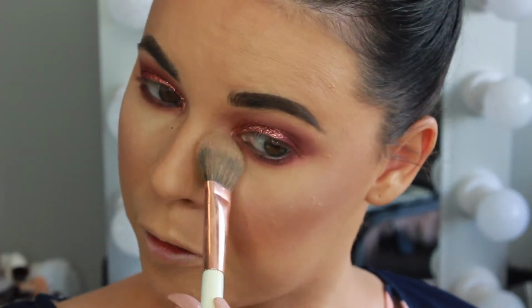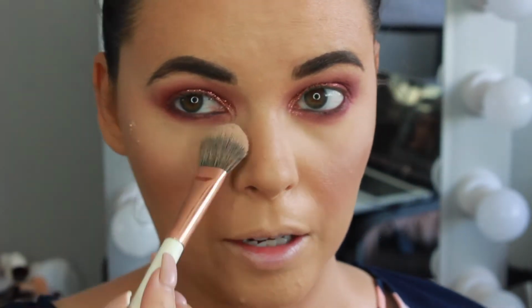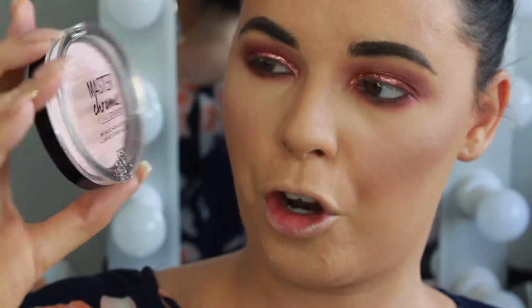And now I'm just going to dust off any of that excess loose powder under the eyes, and this will take away any fallout, which surprisingly there wasn't any fallout from these shadows from Huda Beauty, so that's a really good thing. To highlight the eyes and my face, I'm going to use the Maybelline Master Chrome